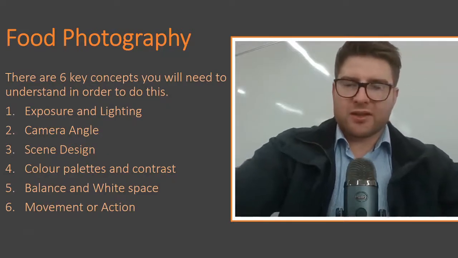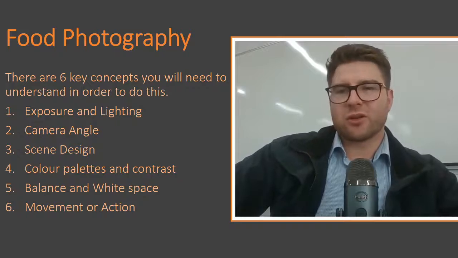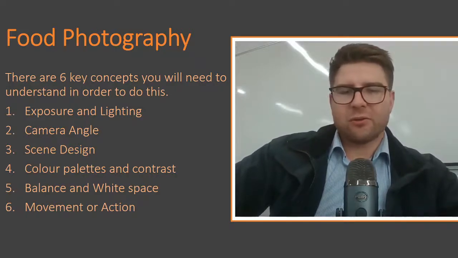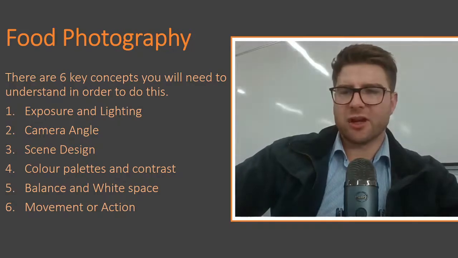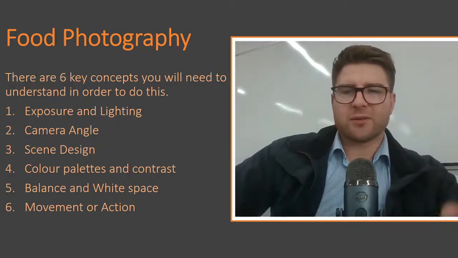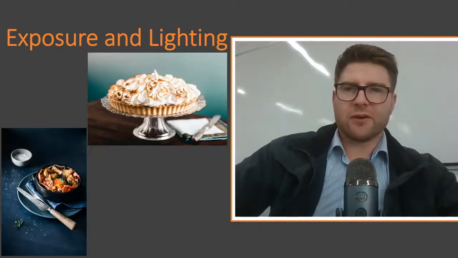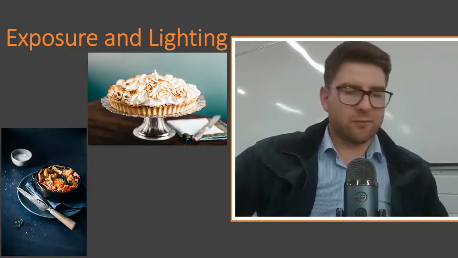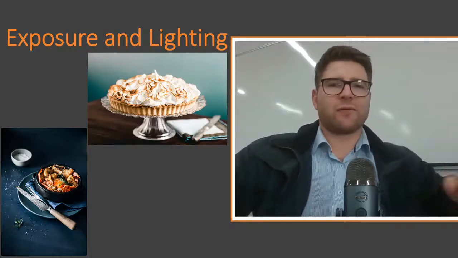So again, there are 6 concepts that we'll look at here. We're going to look at exposure and lighting, camera angle, scene design, color palettes and contrast, balance and white space, and movement and action. So first, with exposure and lighting, the most common way of lighting food photography is to